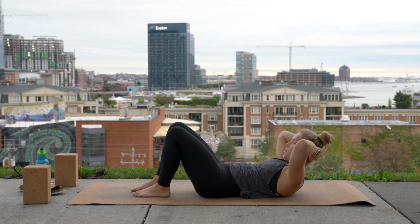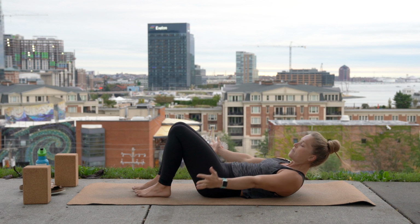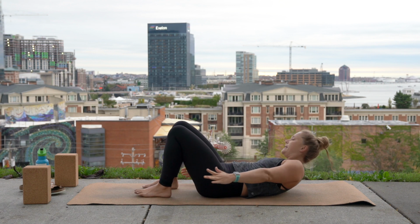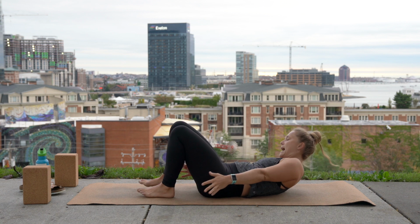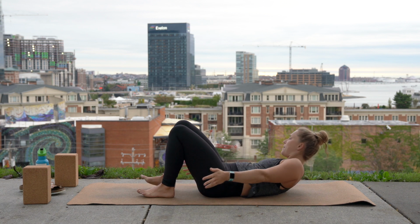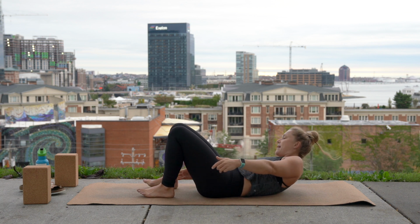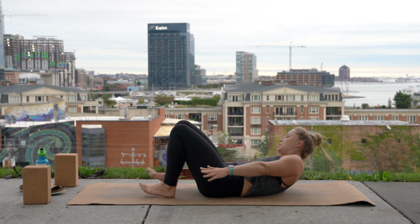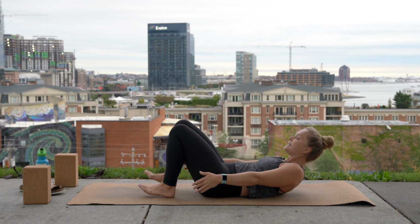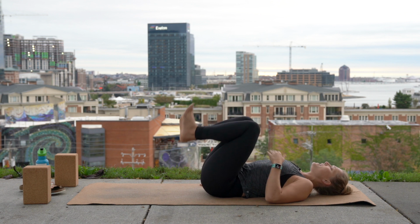5, 4, 3, we're gonna hold our head up on 1, reach forward, reach for the outside of your foot, tap, tap, tap, tap, good, 8, tap, 7, tap, 6, keep reaching, really try to find that little oblique crunch and crunch for 2 and 2 and 1, head down, exhale, tailbone up, and when you're ready, feet up, lift